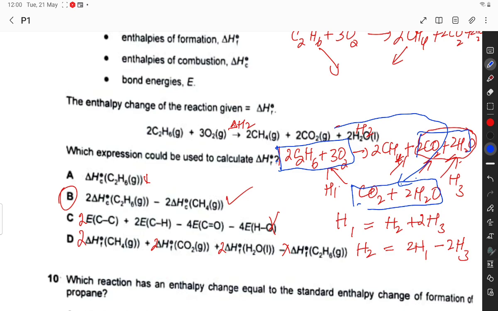H1 is equal to H2 plus 2H3. So this is 2H2 because 2 moles are there. So it should be 2H2 plus 2H3. So delta HC, this is not possible, C2H6. So this is C2H6 gaseous state combustion. So delta HC, C2H6, that is